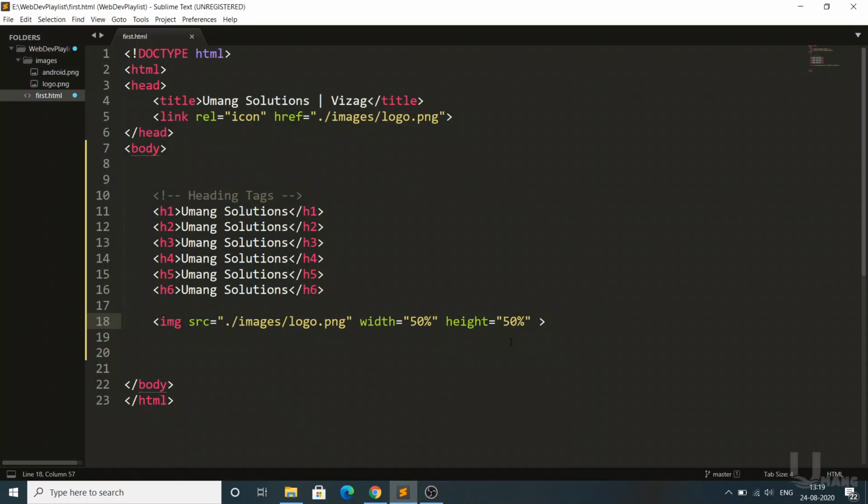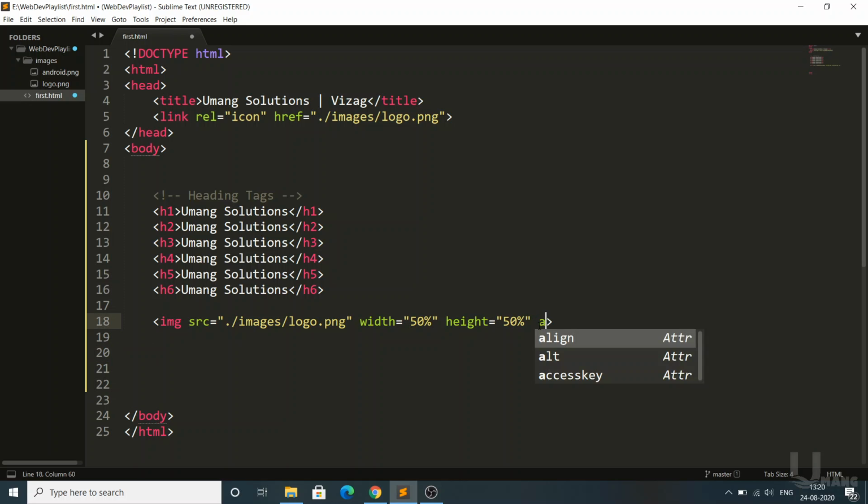Okay, so it is better to use percentage than pixels, because when you open your site on mobile, 50% of the mobile height and 50% of the mobile width will be set automatically. For example, if you put pixels in place of percentage, the same pixels will be displayed on mobile also. Since our laptop and desktop screens are bigger, we think pixels will be okay. For example, many users will open it on a laptop, but coming to phones it will not work. We need to use some extra code to modify the site for mobile also.